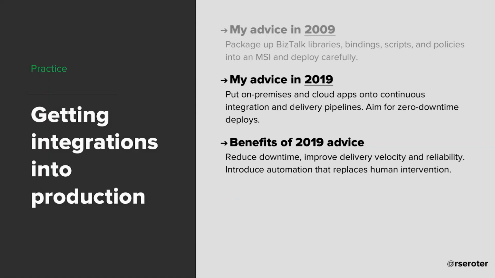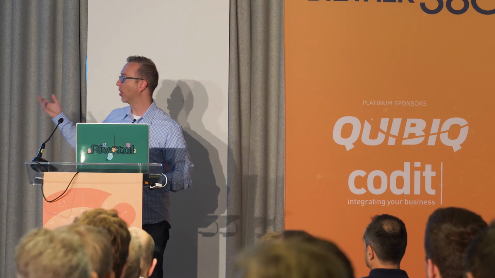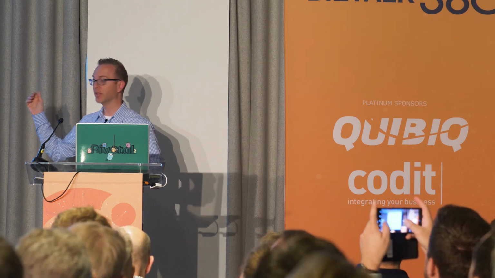So benefits of all this: if you put everything on pipelines, sure, going to probably reduce downtime, get delivery velocity a little better, get rid of humans where we can. Let's welcome our robot overlords into the deployment space because we're not great at it. So let's have robots do it for us. There's risks with this stuff, though. I'm not delusional. So this is complicated.